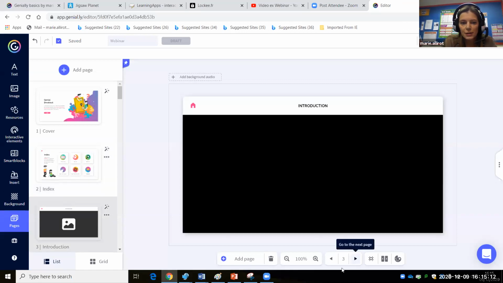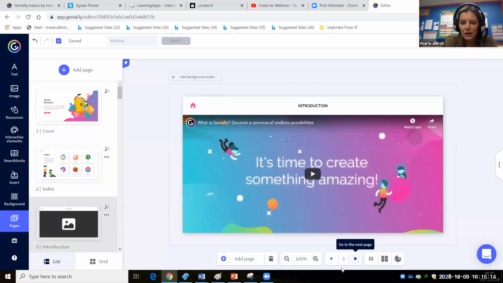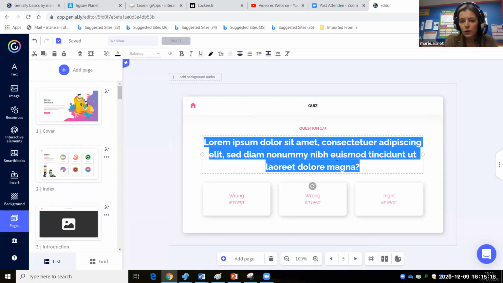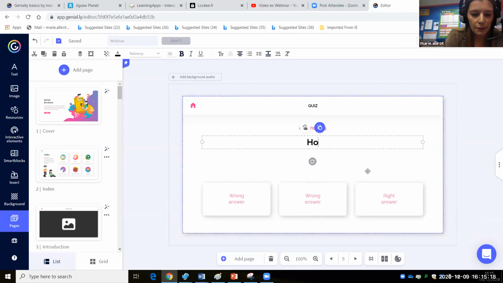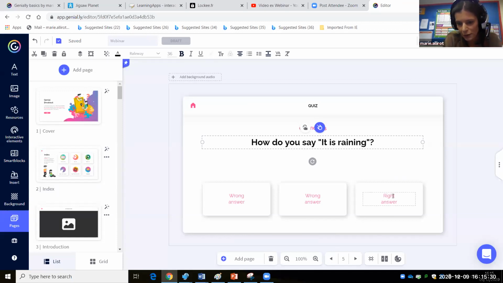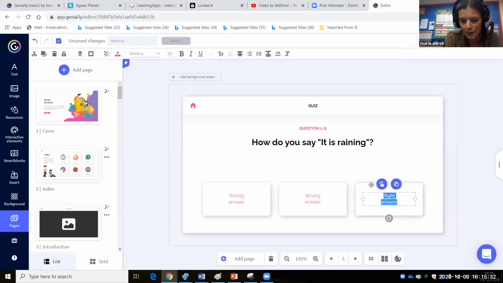So I'm just going to edit the mission. For example, for the quiz, you could have your first question here. How do you say it is raining in French? If I'm doing an example for French, the right answer would be il pleut.